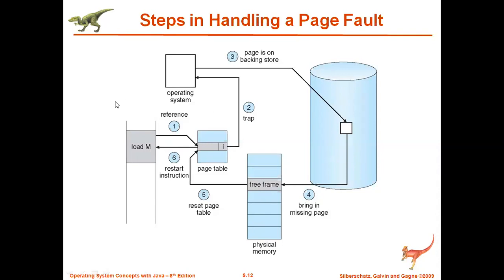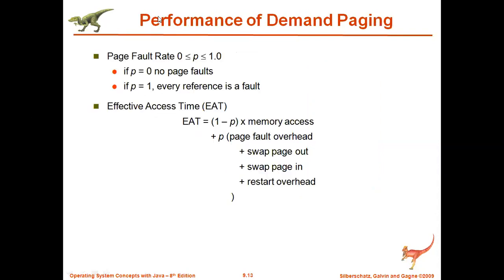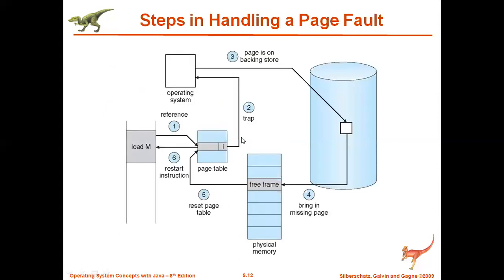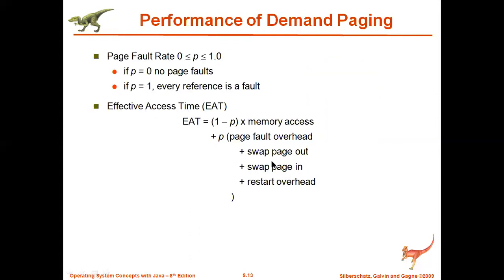So we need to have some formula also for that. Just check here, effective access time. First check the second part of the formula. If you are accessing the page from secondary storage, what all the times will be involved in that? That is page fault overhead. That is nothing but whatever time you spend in handling that page fault, servicing the page fault, whatever steps we have followed, all these steps' handling time is called overhead time.